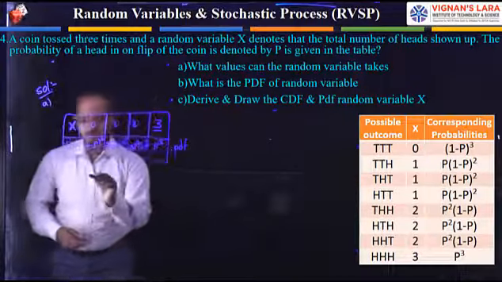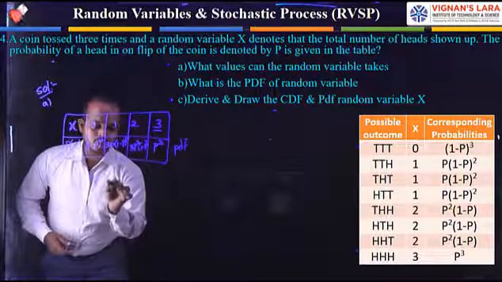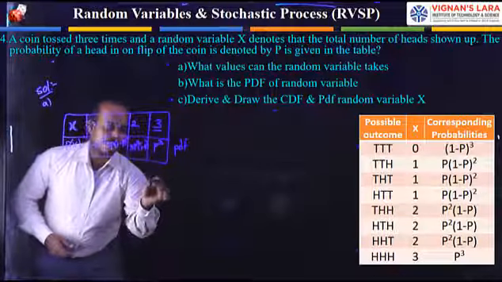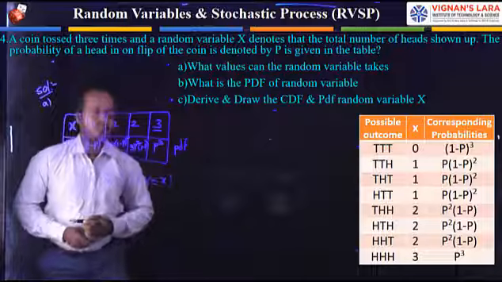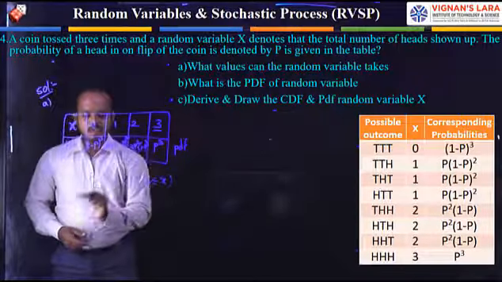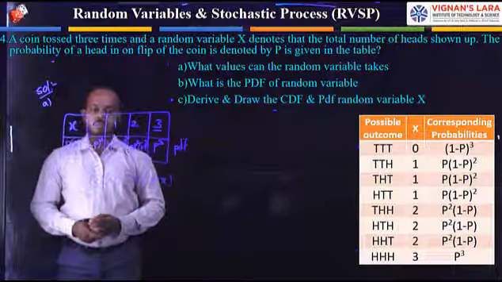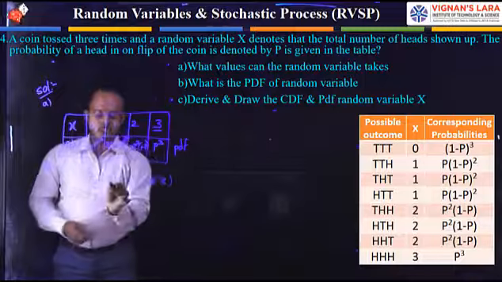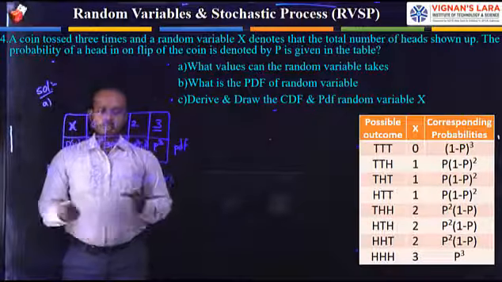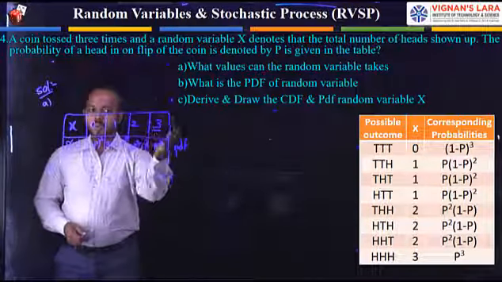For finding the probability distribution function, what is the fundamental formula we have? Already we know the formula: capital F x of x is equal to the probability of capital X less than or equal to small x. Already we know that capital X is the random variable, capital F is the representation of the distribution function, and small x is the element. Here we need to find the distribution at 0, 1, 2 and 3.